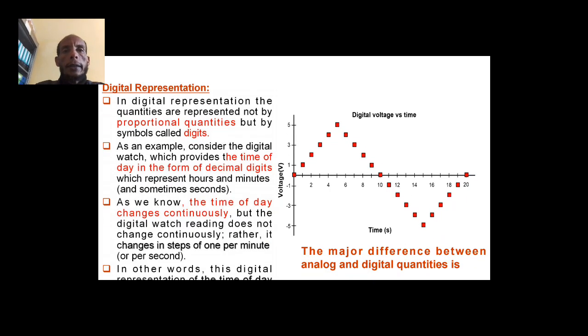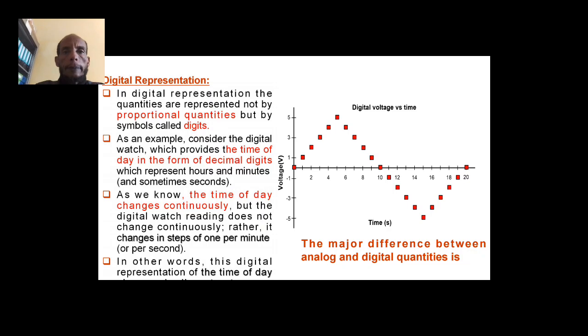So why do we say digital representation? As an example, consider a digital watch. Any quantities displayed are represented in digits, and it also provides the time of day in the form of decimal digits. That means 0, 1, 2, 3, 4, in such ways, to count digits, which can be in hours, in minutes, in